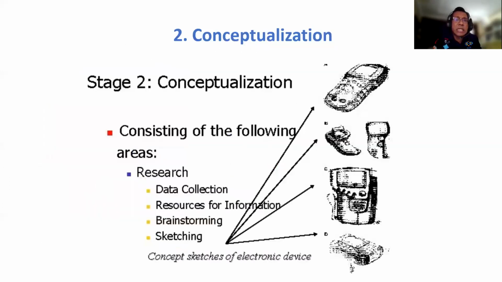And then number two is the conceptualization. Once the customer needs are identified and we understand the needs, the industrial designer helps the team to do a conceptualization of the product. So during the concept generation stage, engineers naturally focus their attention upon finding solutions to the technical sub-functions of the product.